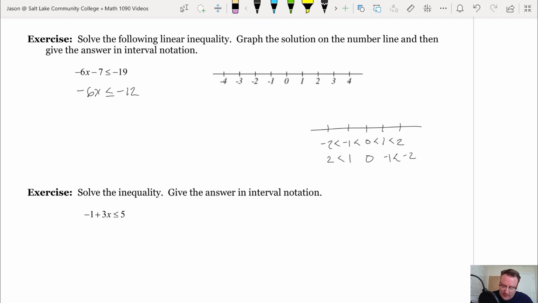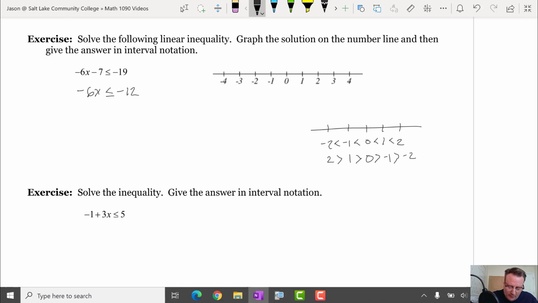So the point is that whenever you solve an inequality by multiplying both sides of it by some negative number, you need to flip the direction of the inequality, because now, notice if I flip the direction of all of these inequalities, then it's now true. 2 is greater than 1, 1 is greater than 0, 0 is greater than negative 1, and so on and so forth. So when I solve this inequality over here, when I divide both sides of the inequality by negative